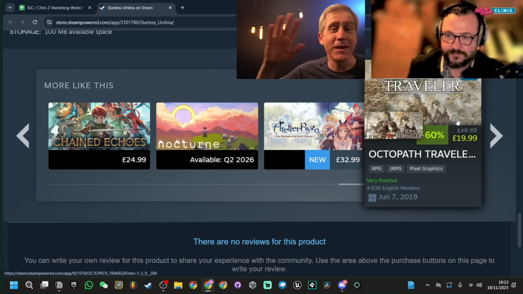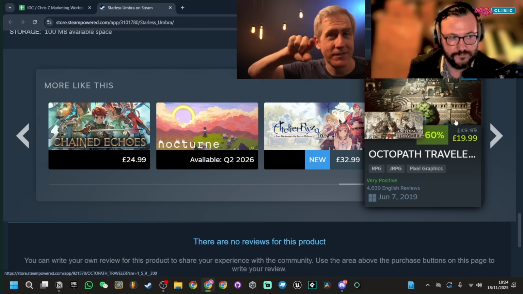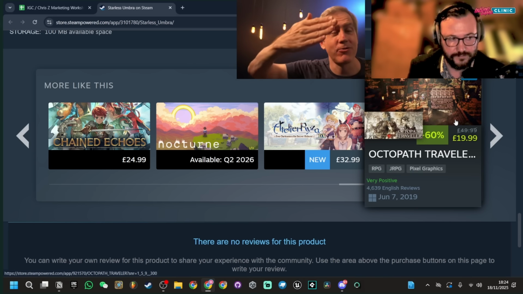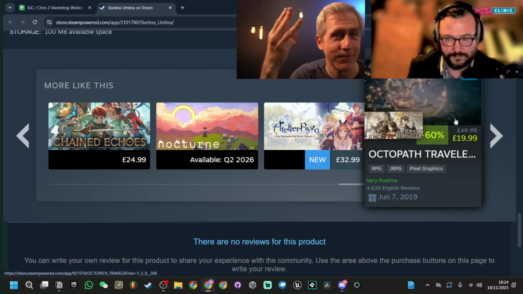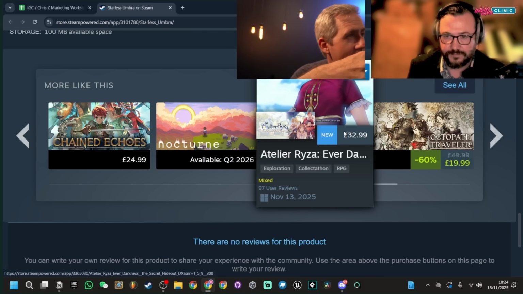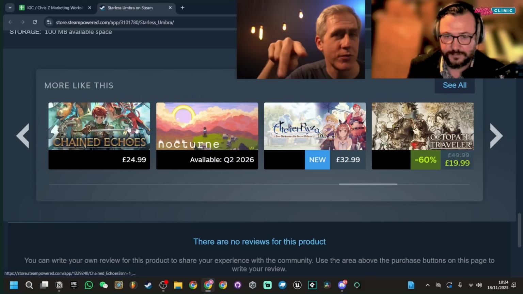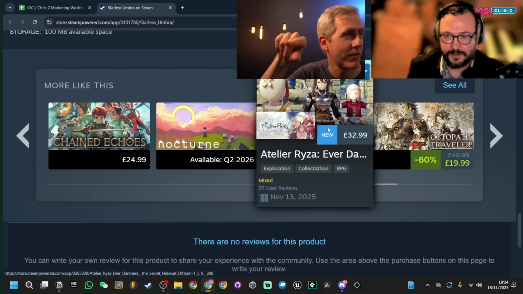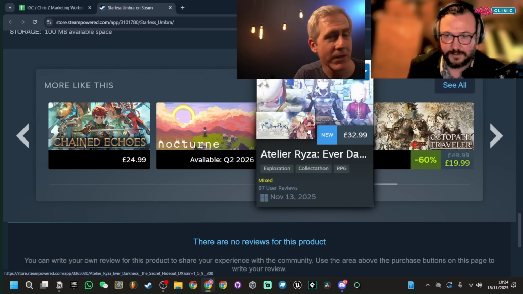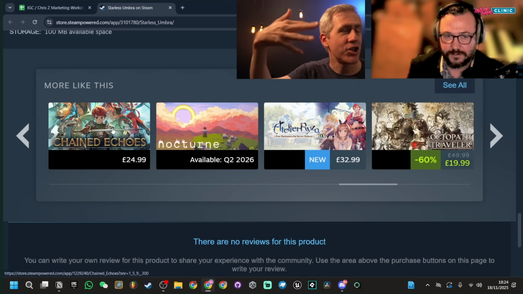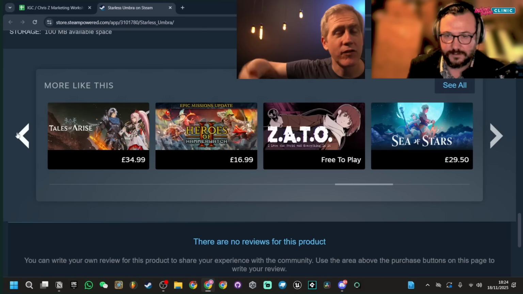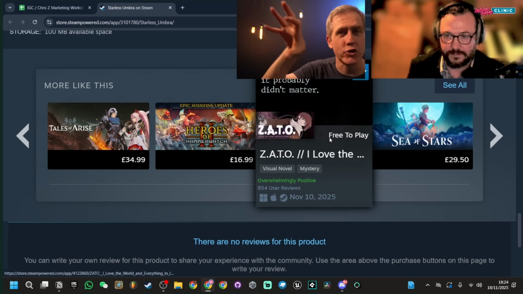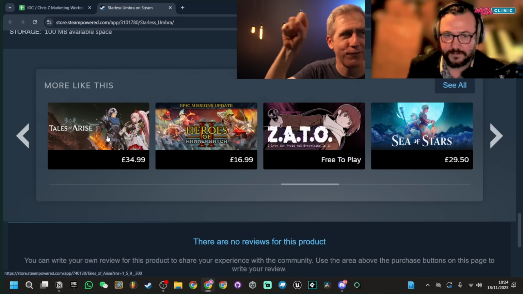It doesn't make sense to say pixel graphics in tags, but the algorithm says you've got to do it. Octopath did it for the third one, and then I noticed another one had it. I saw two that you just scan through real quick, and they had that pixel art thing. Oh, Chained Echoes had it. So again, it doesn't make sense. There's no logic behind tags other than you're trying to steal an audience from whoever you're doing.